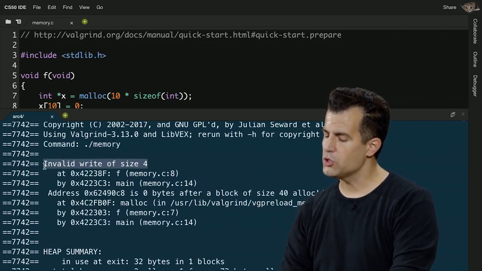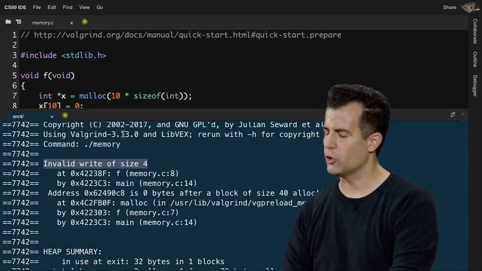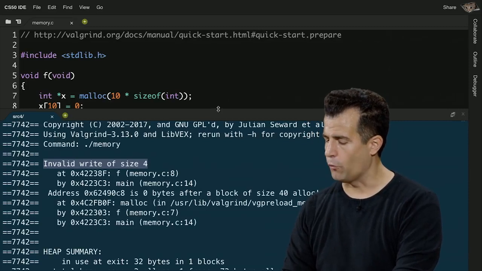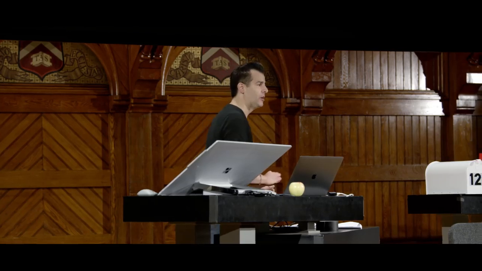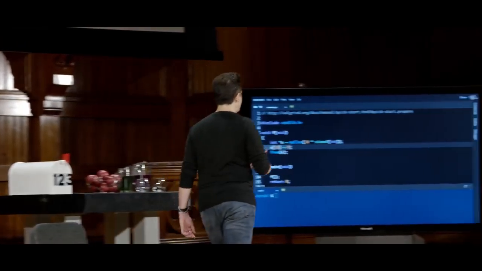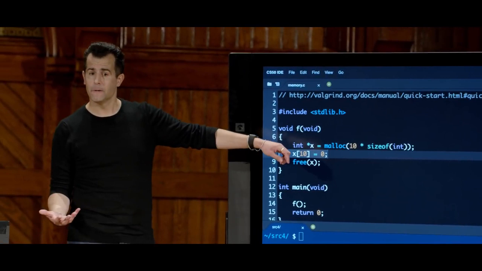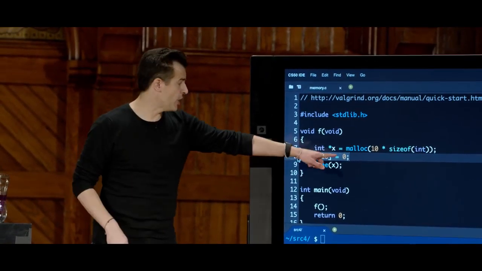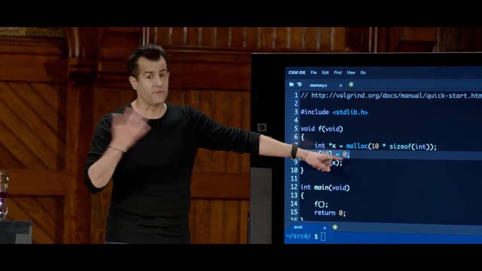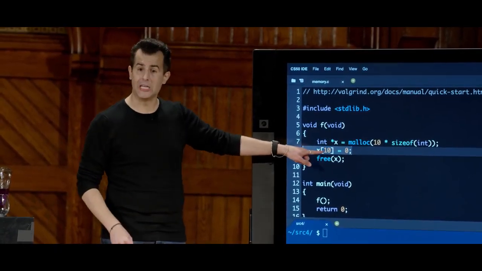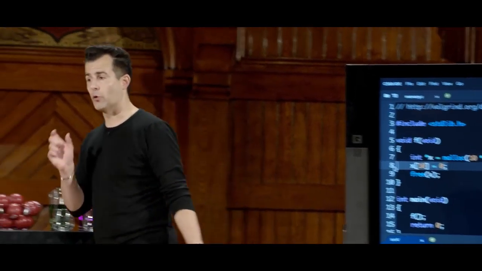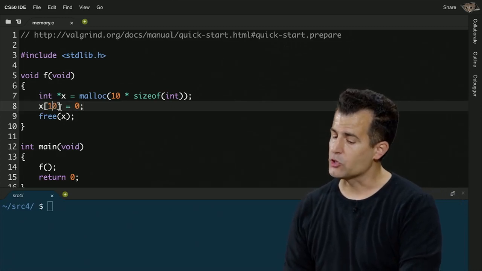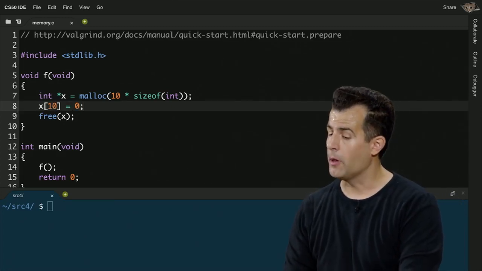But here's where it's sometimes useful to understand the various data types and their sizes. Invalid write of size 4. Writing in the program just means changing a value. And it mentioned line 8 here. In what sense is this an invalid write of size 4? Well, how big is an int? 4 bytes. You're trying to change it arbitrarily to 0, but I could have made that 50 or any other number. But I'm trying to touch an int that should not be within the memory I have allocated for myself. I asked for 40 bytes or 10 ints. But again, because arrays are 0 indexed, this is like going one beyond the boundary.